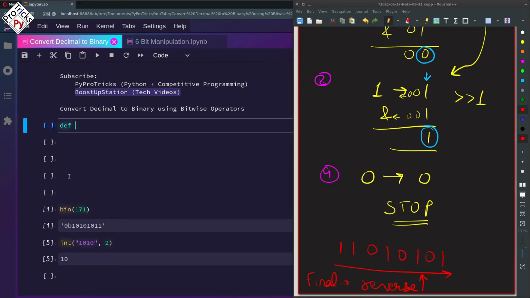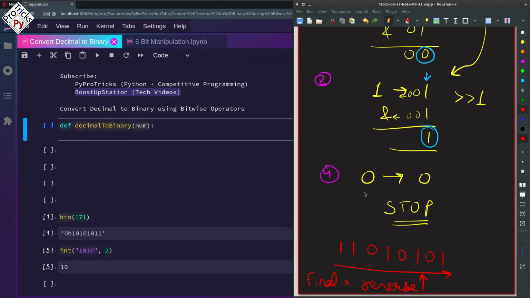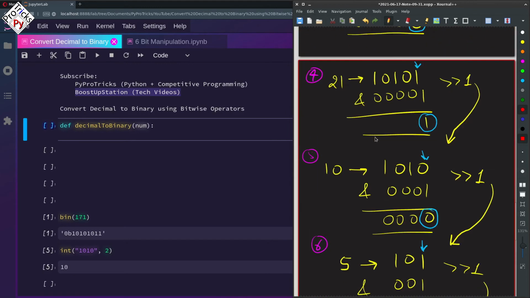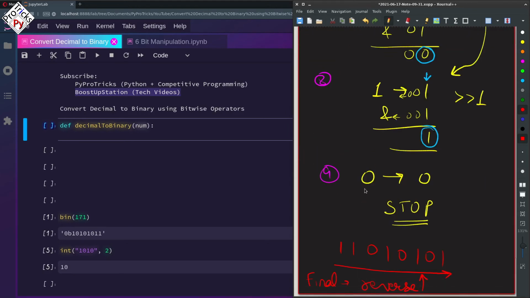Def decimal to binary, and we are going to receive a number, and we have to perform all of these operations inside the while loop until the number gets equal to 0, or you can say until it is greater than 0. We are going to perform these operations.